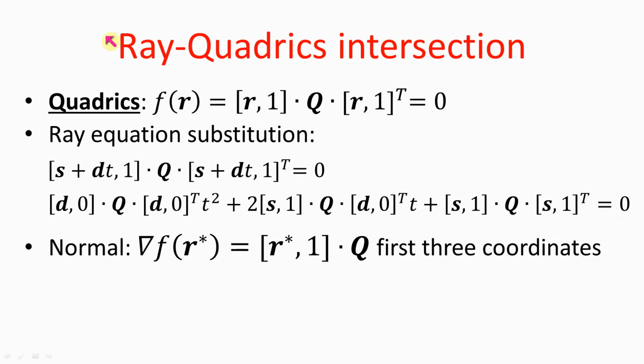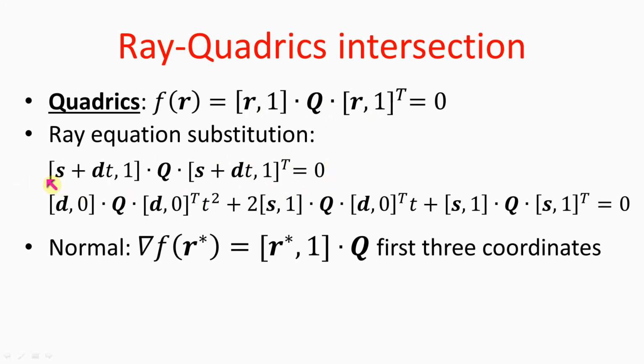So let us solve the ray quadrics intersection problem, assuming the equation of this quadratic form, where Q is a 4 times 4 matrix, which is multiplied by a 4-element row vector and a 4-element column vector. So this is the implicit equation. We know the ray equation, S the starting point plus d times t, where d is the direction of the ray. So the ray equation is substituted into the equation of the quadrics. So R is replaced by S plus d times t, both here and here,